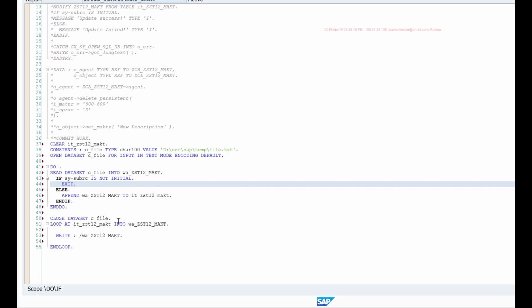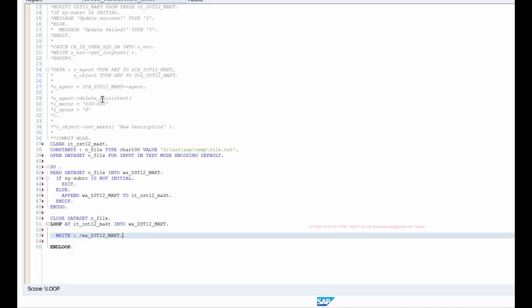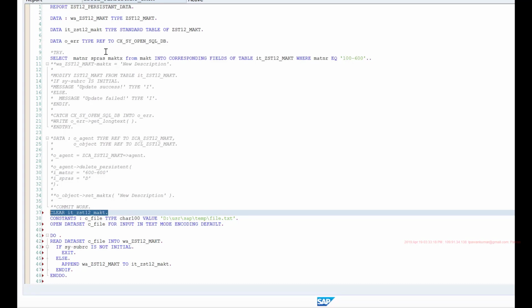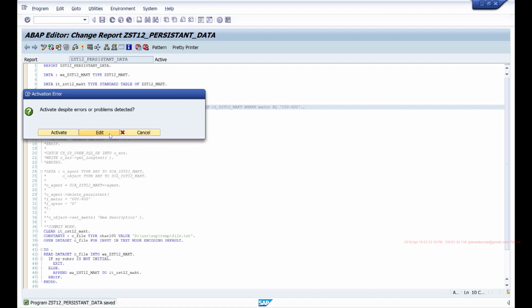If the file has 50 lines, this loop will run 50 times. After that, I'm looping this internal table and printing the output just to show you that the file is read. This clear statement is clearing the internal table, or I can even comment out this select statement so that we don't have any data. So our internal table is empty.